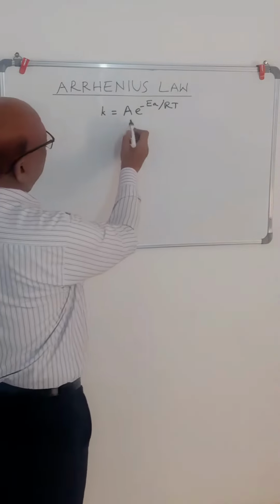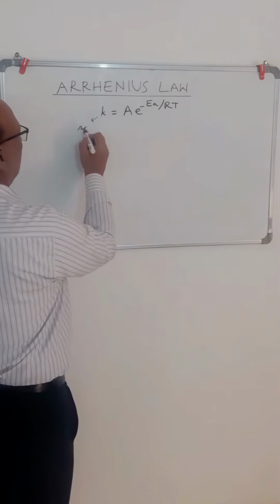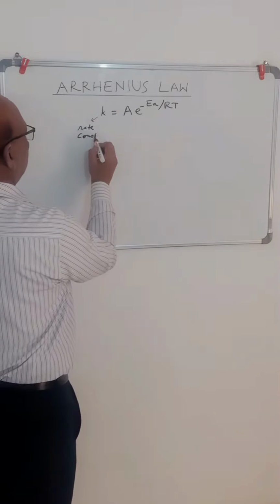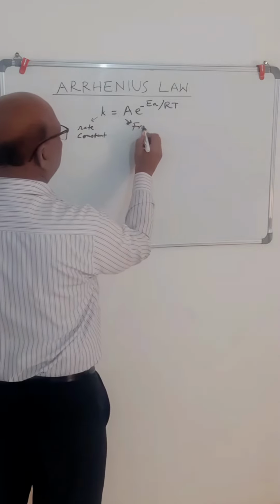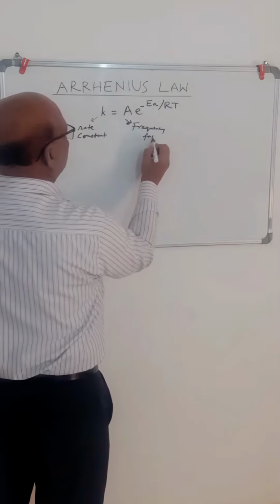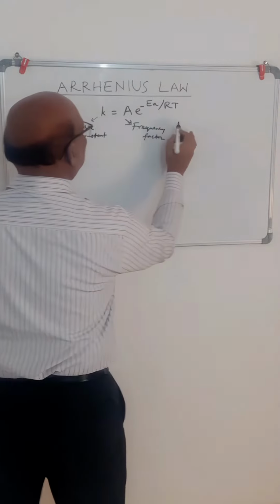आज हम आर्हेनियस लॉ के ऊपर डिस्कशन करेंगे। तो सबसे पहले, व्हाट इज आर्हेनियस लॉ? दैट इज, रेट कांस्टेंट k इज गिवन बाय k = A e raised to the power minus Ea upon RT, where k is the rate constant and A is the Arrhenius factor, or we can call it frequency factor or pre-exponential factor. इसके different names हैं, frequency factor और Arrhenius factor. Then Ea is activation energy.